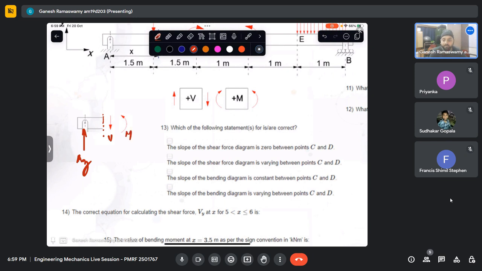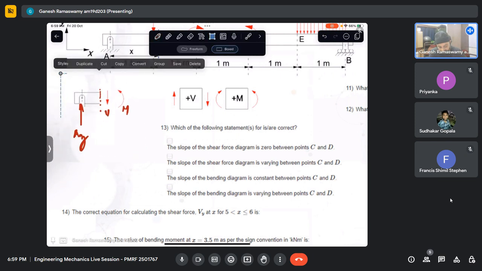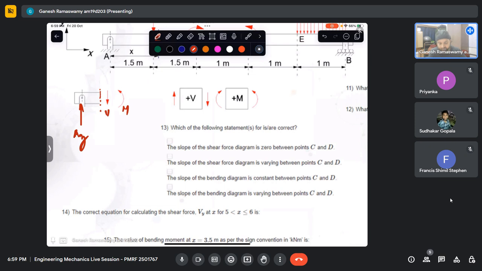Now I need to analyze the equilibrium. If I analyze its equilibrium, what does this give me? V is equal to AY, it gives me. So when I go for this sign convention, when I start from here and my X increases like that, I can see that all upward forces I need to add, all downward forces I need to subtract. That is all that I need to do when I move from left to right, when my origin is also moving, and this happens to be the sign convention. So in this case,